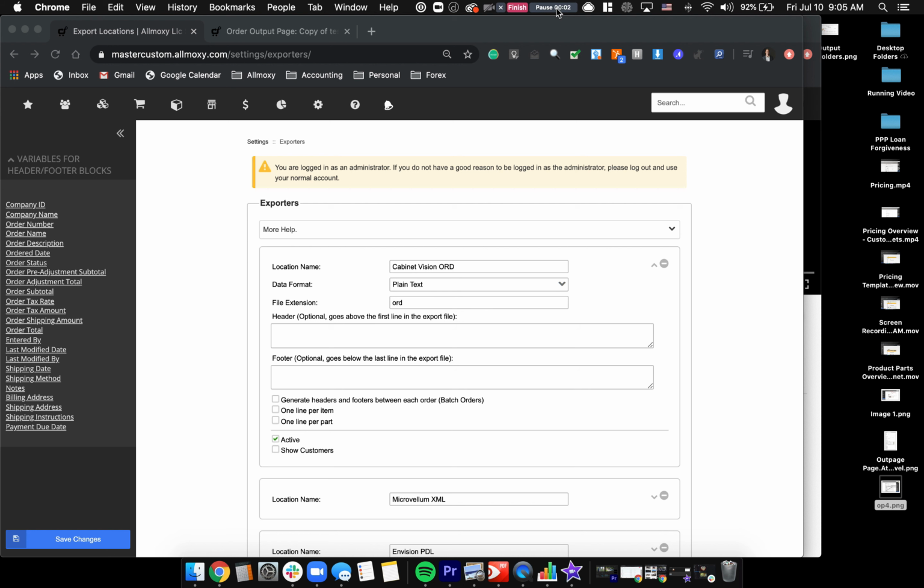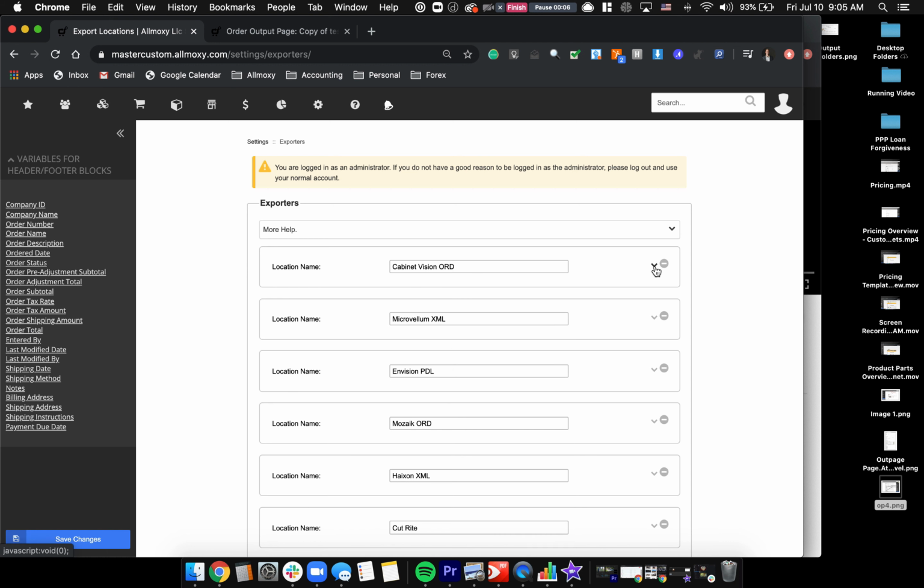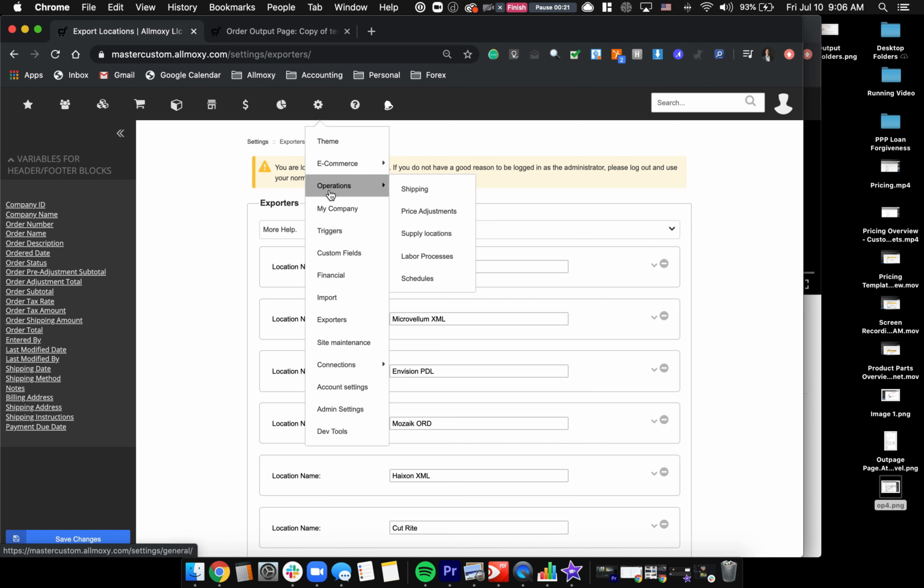Okay, it's now time to talk about exporters. Exporters are a way to get information automatically on an order ready to go to either a machine or a nesting software or something outside of Allmoxy. These can be customizable. In order to start doing so, you come here to the Settings tab and go to